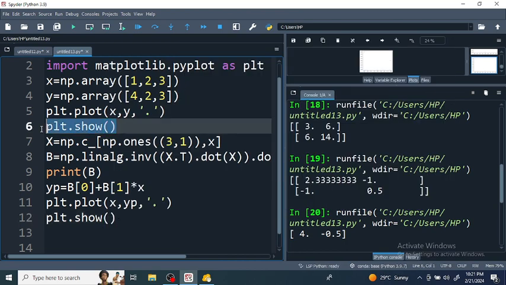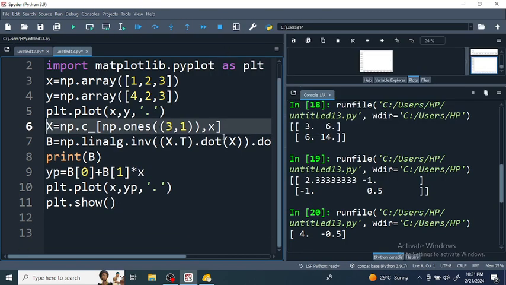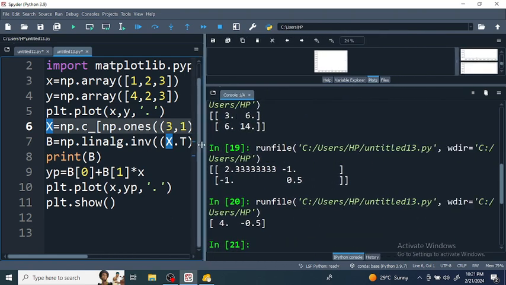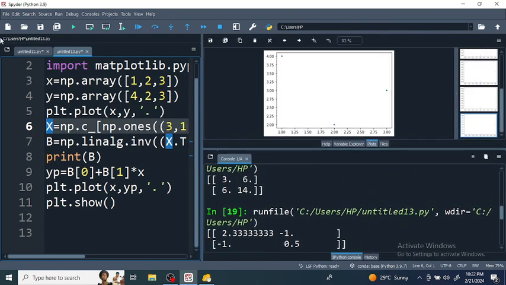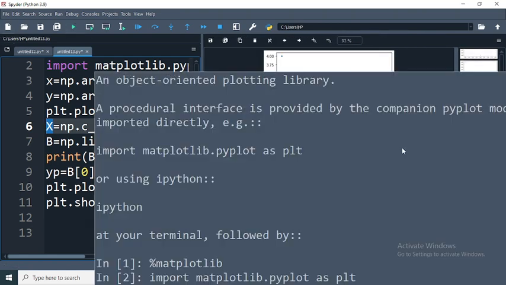Remove this command since we want to plot both on the same graph. If you run this, you can see here